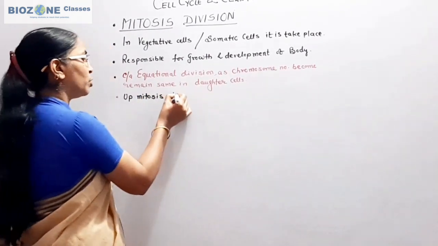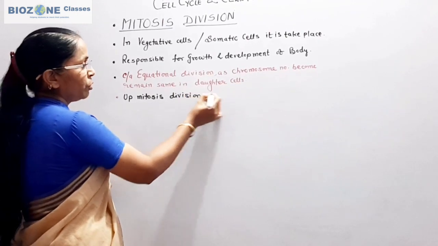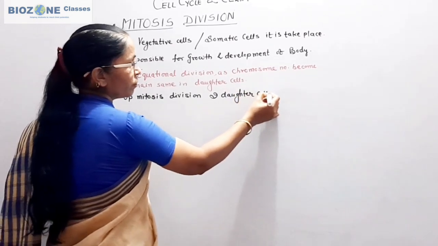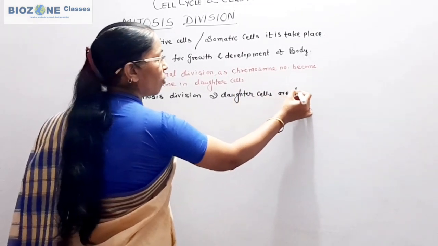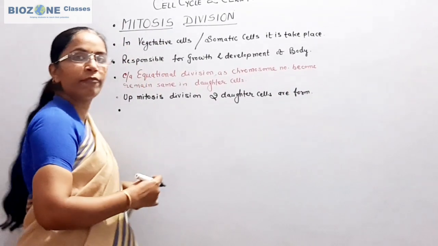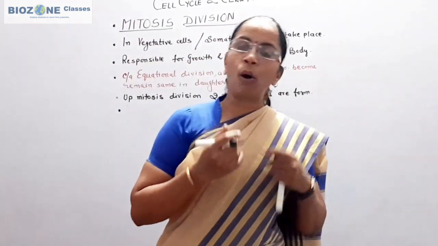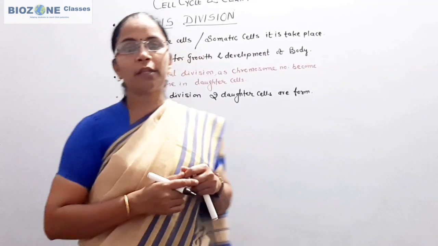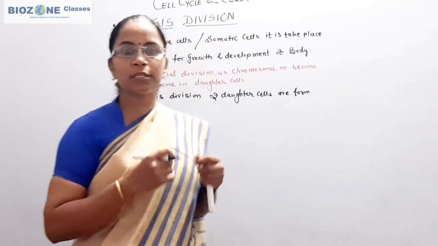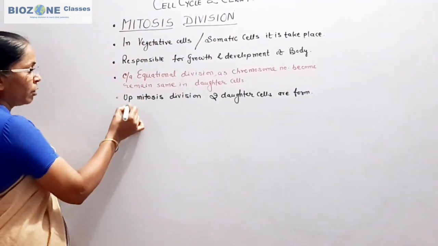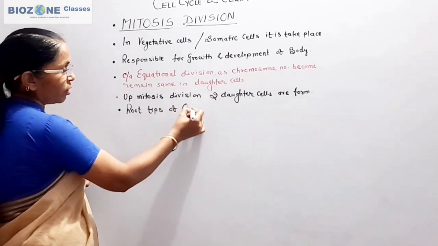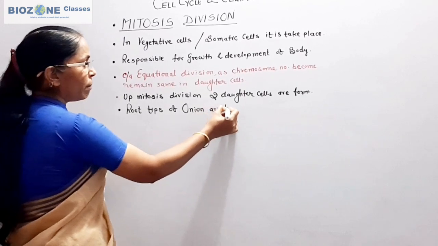Upon mitosis division, two daughter cells are formed. Remember this part. And where do we study the mitosis, under the microscope or in the laboratory? If you want to study the mitosis, which material is best for the study of mitosis division? This question is also asked. So remember, root tips of onion are the best material